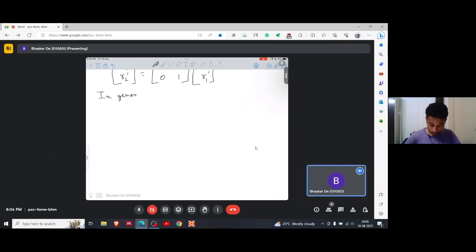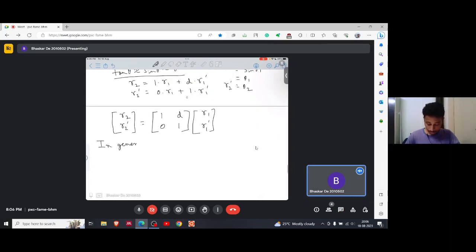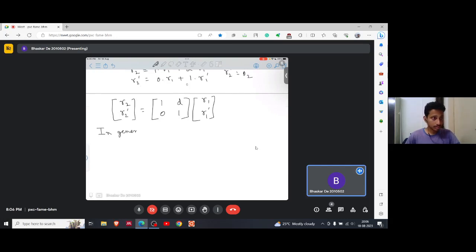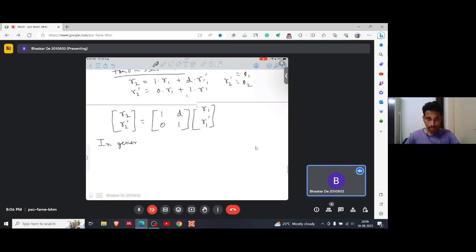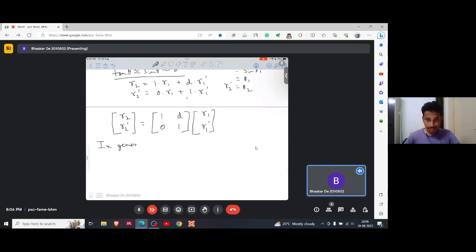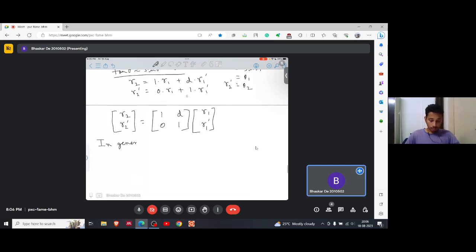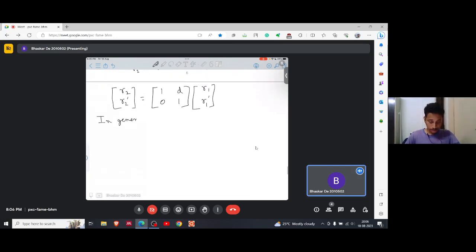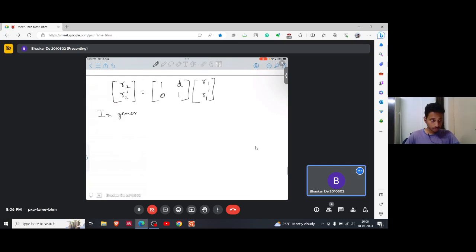Okay, so this is the matrix for the transmission through a dielectric of length d. So we are using these matrices. First of all,